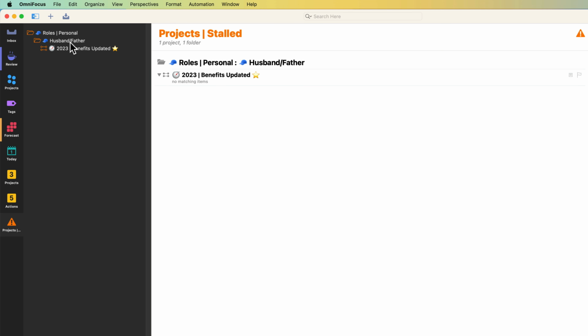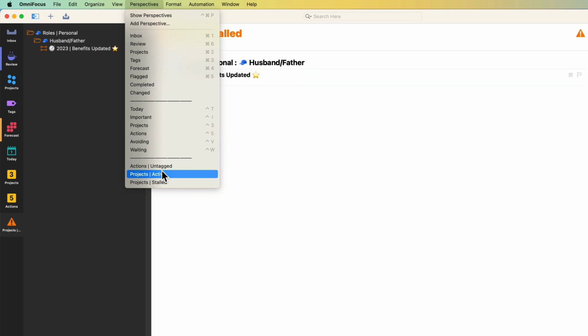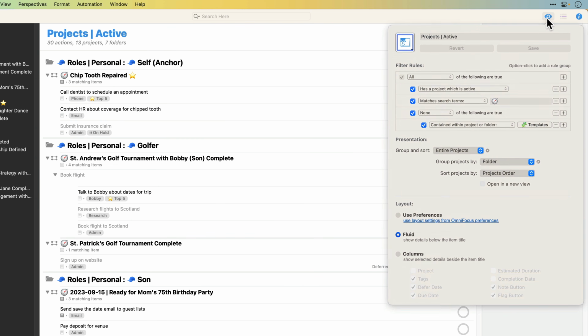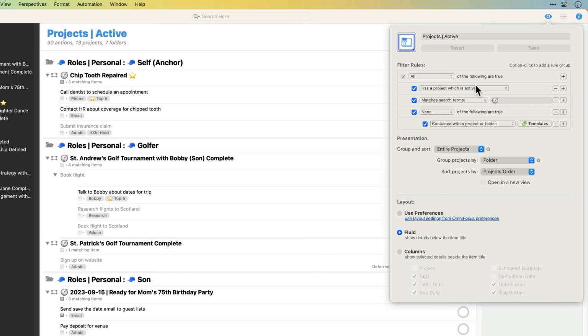So one of the reasons I use this compass in the name is it makes it possible to say, show me all of my active projects. So this one just shows the projects that contain the compass and projects that are currently active. So that's just a quick way to say, how much do I have on my plate? Can I take on any more projects in these roles, or is it better that I spend a little time wrapping up some of these projects, bringing them to fruition before I start anything new?